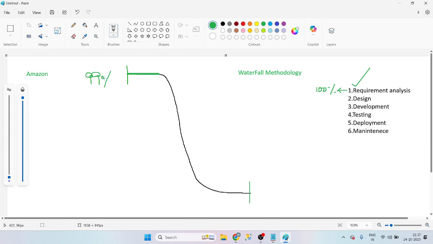Why, Manoj? The reason is that in waterfall methodology, we can't accept mid changes. In the middle of the project, we can't accept changes. So that is the main reason we do not encourage starting the project without 100 percent of the requirements. If we have 100 percent of the requirements, we start the project. Now I have 100 percent of the requirements, so I am starting the project.